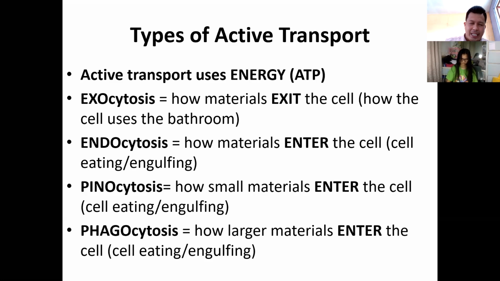An example of which is a protein that is generated or made by the endoplasmic reticulum, and then it will not be used inside the cell. Then that protein will be carried by the vesicle, and this vesicle will merge to the cell membrane, and that protein will go out of the cell. That is exocytosis. But when you talk about endocytosis, it's the polar opposite of exocytosis.